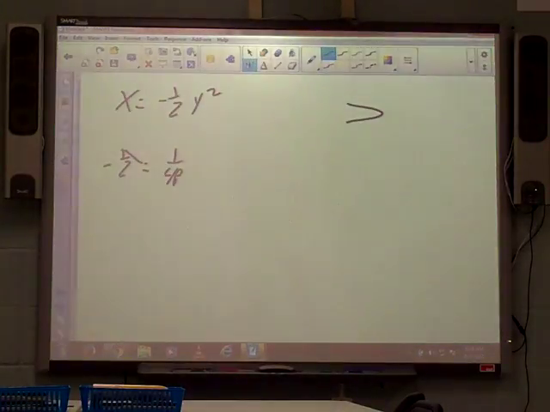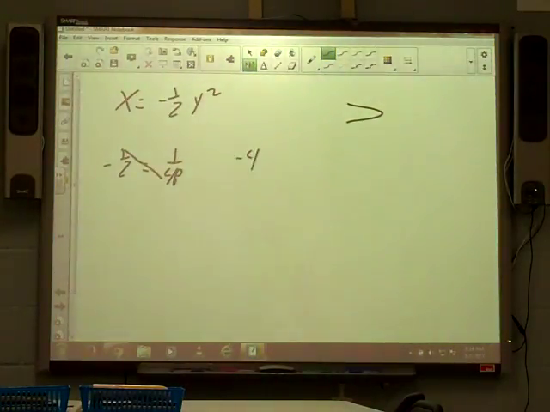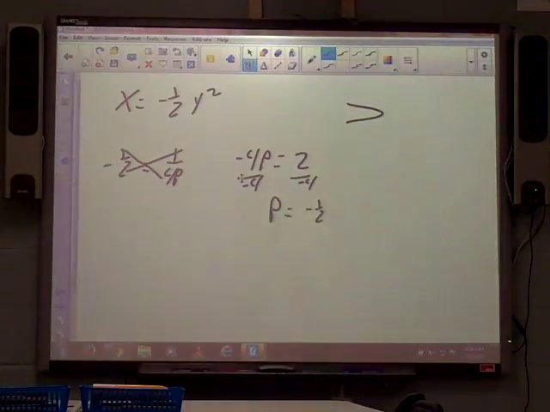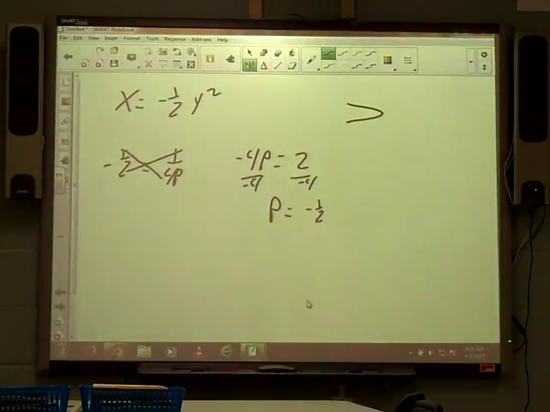I'm going to say negative 1 times 4p is negative 4p. 2 times 1 is 2. Divided by negative 4, so my p would be negative 1/2. And you can put negative 0.5 if you want to. Okay, so this is x equals, which means in my